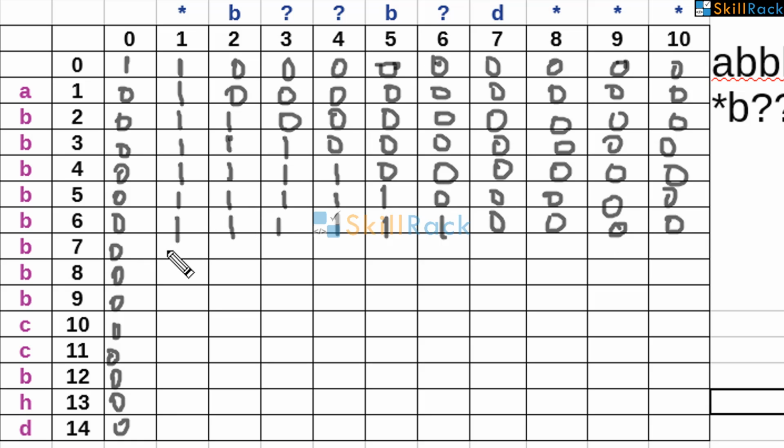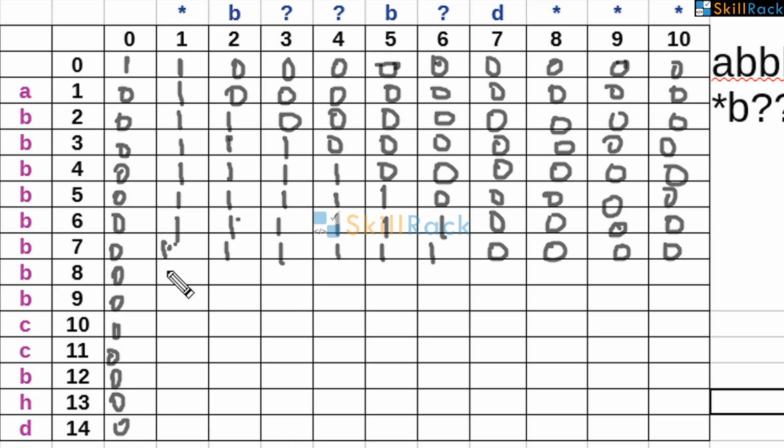Now coming to this B and asterisk, it can match and the top is match 1. Now BB, it matches and the previous is also 1. Question mark, it can match and this is also 1. Question mark, this can match and the previous is 1. Now BB, it matches and the previous is 1. Now question mark, it can match and the previous is 1. Now coming to D, it is not matching, 0. So this asterisk can't match anything, right?